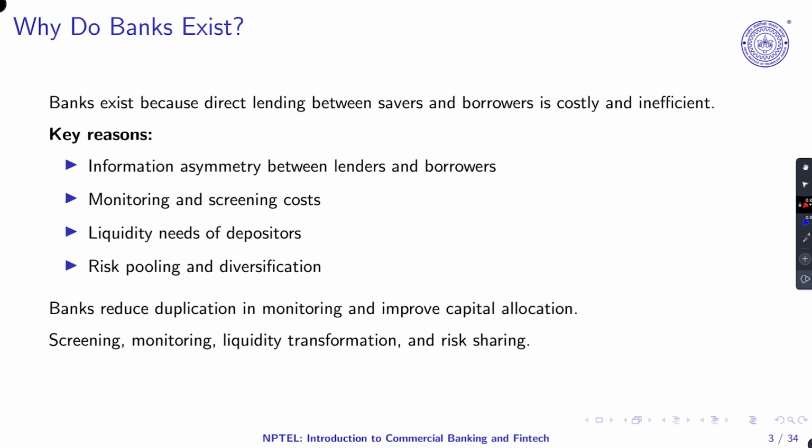Now in a more formal setup, if we have to understand why banks exist, it is because they are intermediaries, so they have to be between savers and borrowers. But the idea behind savers and borrowers is not easy, because a lot of the time banks incur higher defaults, and as a result, if it is unbearable, then banks go for liquidation, and it becomes really, really important. So, information asymmetry between lenders and borrowers.